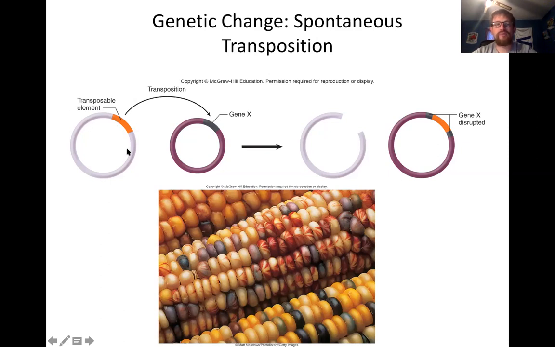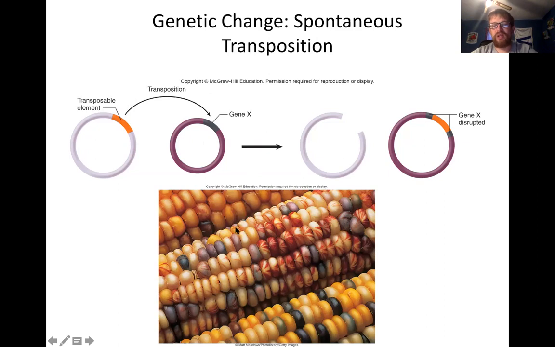So you have something called a transposable element. DNA in this other part of this plasmid or chromosome, whatever this is representing, is not going to just spontaneously jump. It has to be a transposable element. So there are parts of the sequence that make it essentially jumpy or willing to leave. And what we see is that transposable elements can jump to and insert themselves. So in this case, here's a circular chromosome, here's a plasmid maybe, or it could go the opposite direction. But they insert themselves into this gene and they interrupt expression or function of this gene.